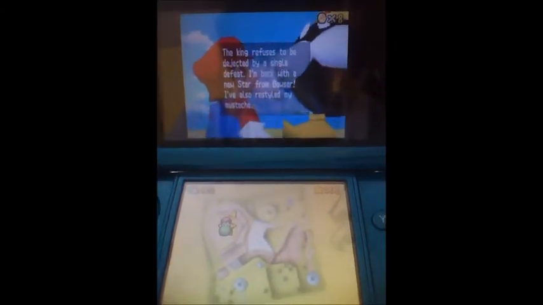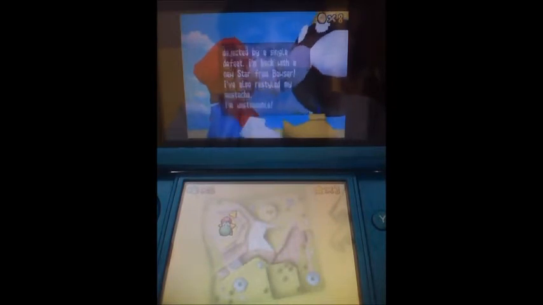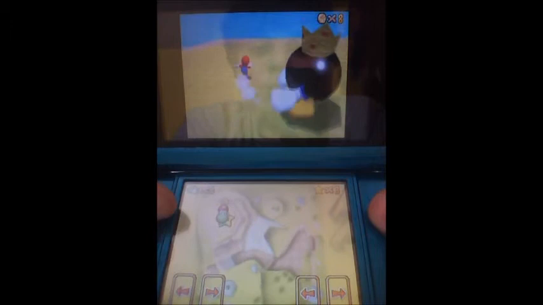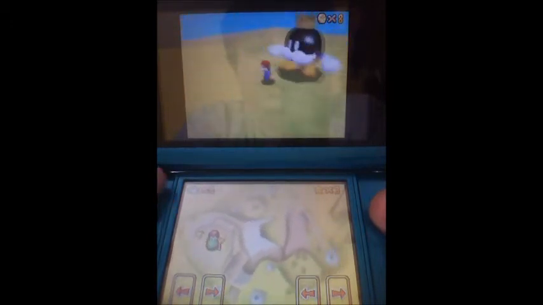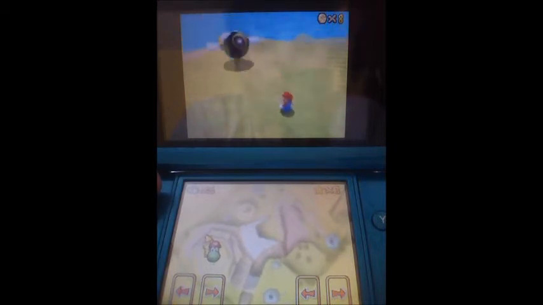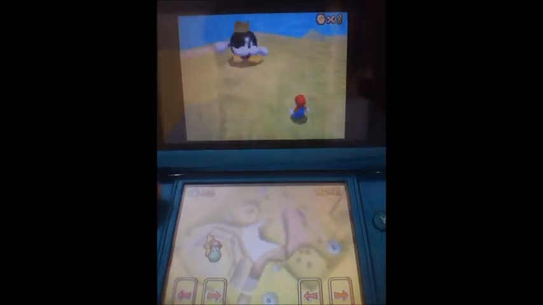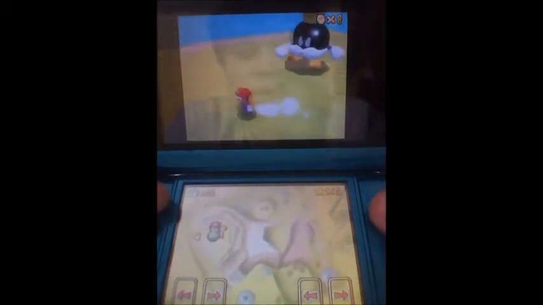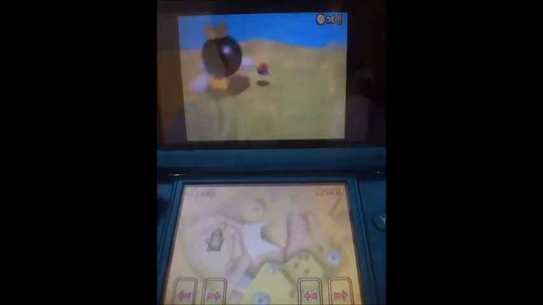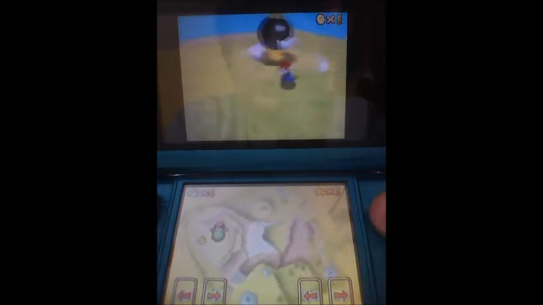So much for getting 100 coins. The king refuses to be... We already read this. Let's get through that. So like he said before, we have to get behind him and throw him. So you just have to outrun him, pick him up, slam him down. He's walking towards you menacingly. Just have to get behind him. This boss really isn't that hard. I just missed there a bit, but...